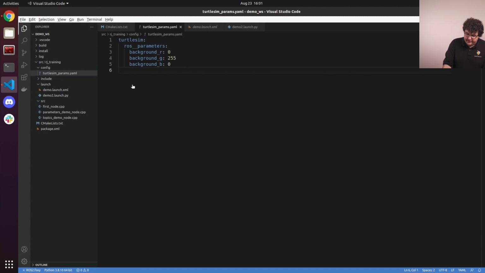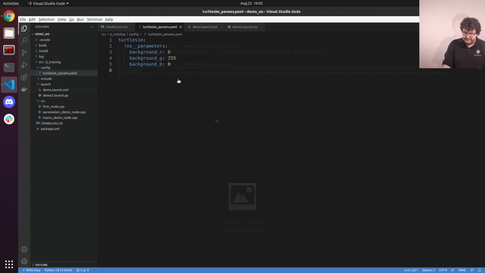The root of this YAML file is a map, where each entry shares its name with the node it's setting the parameters for. The next line tells us that we're setting ROS parameters using the ros__parameters key, and then all of the lines within that key are parameter names and the values we want them to have. So this file right now is just defining the same 3 background RGB values that we've been using throughout the